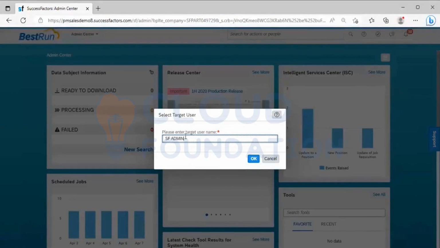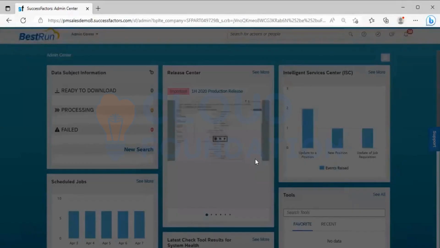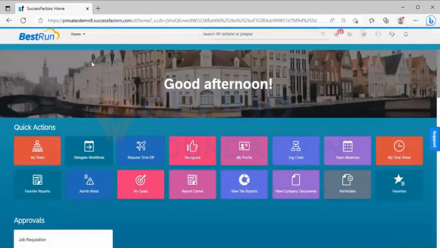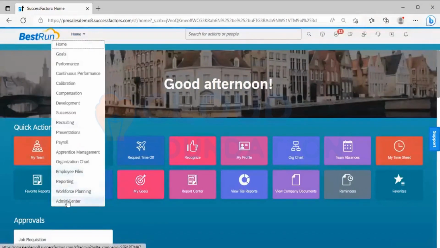I will go to super admin, and I will go to the admin center. Access super admin. That is the reason I showed you the comparison by proxy. Now I am proxying to admin, and I will go to the admin center. Every time it is not required to go to the admin center first.